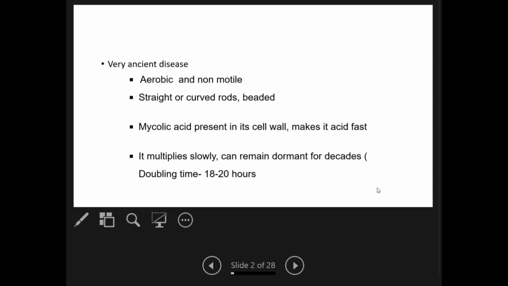It is an aerobic, non-motile organism with straight or curved, beaded rods, and as described in the previous lecture, it contains a lot of lipids in its cell wall, mycolic acid, which is one of the reasons for the diagnosis of the disease,